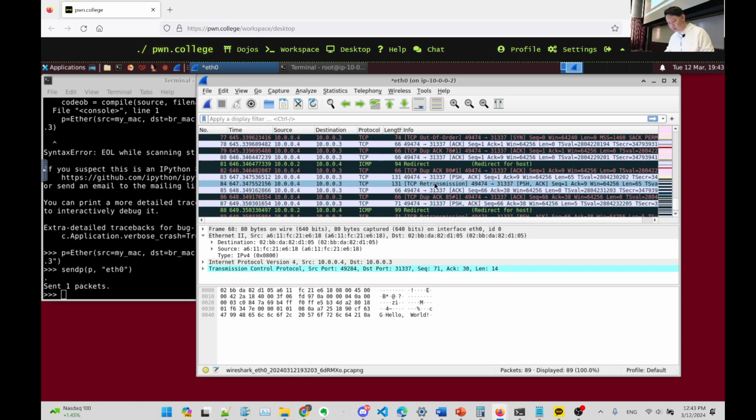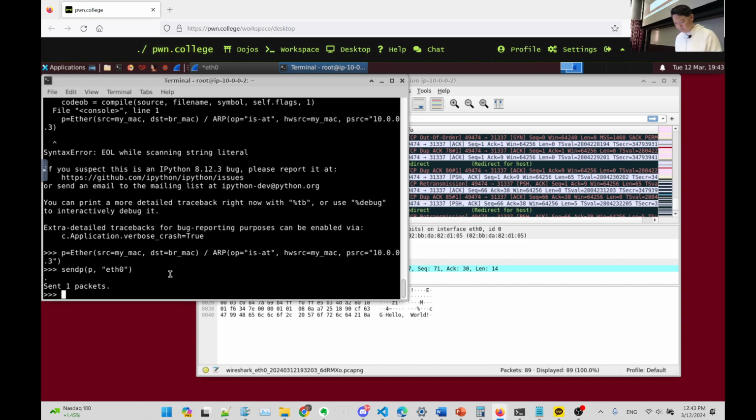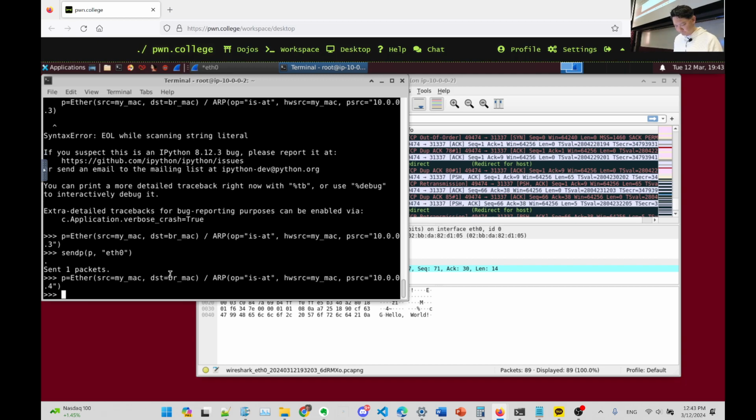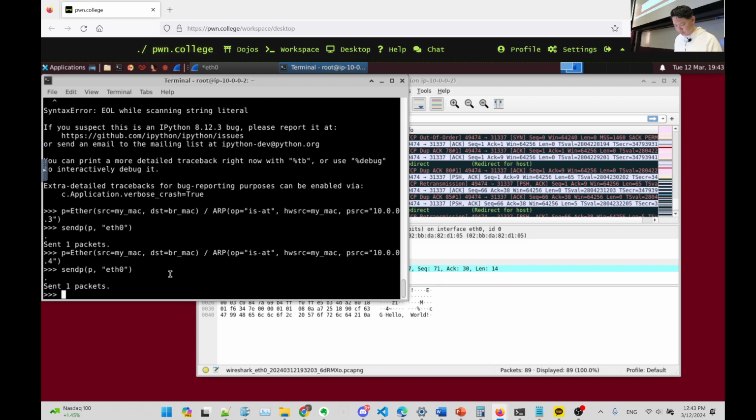So in Wireshark, the black line, that kind of packet has some errors, so you need to ignore the black packet. Anyway, I sent that one packet, and also we can send that packet to the other host. Send packet. Yes, so in this way,